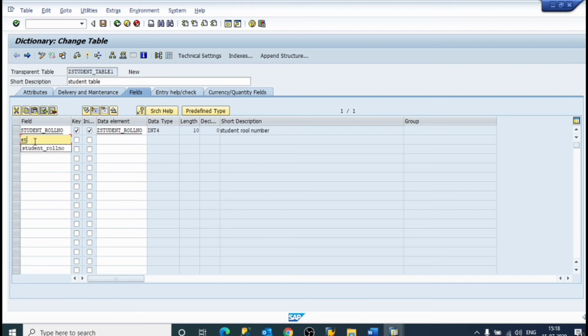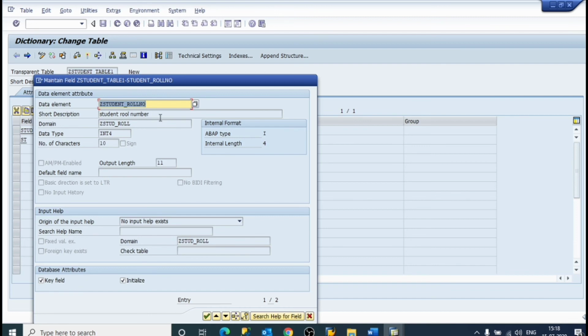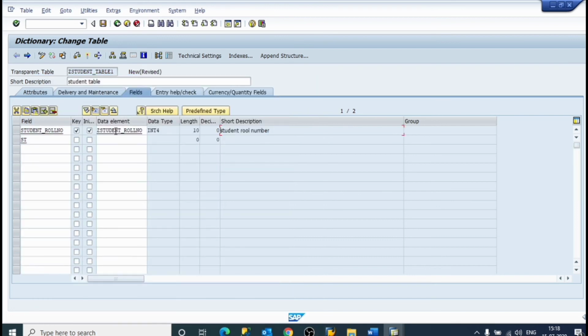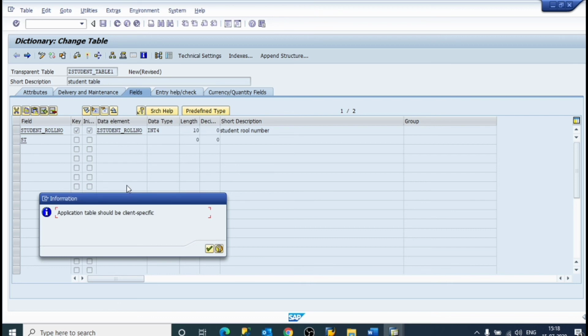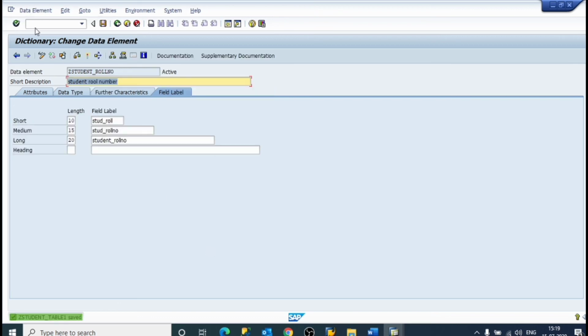Now student name, short description. Now it is perfect.